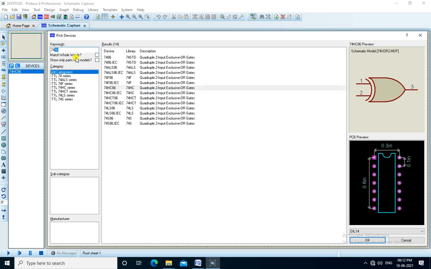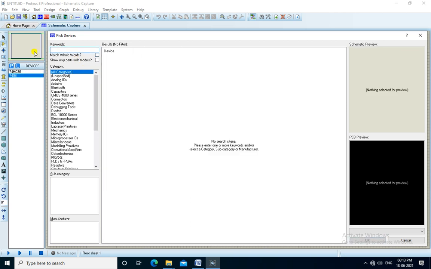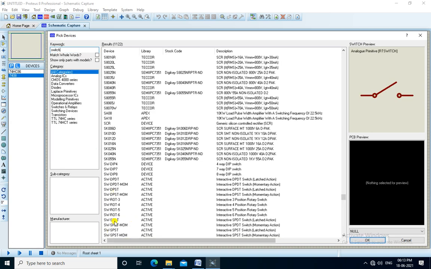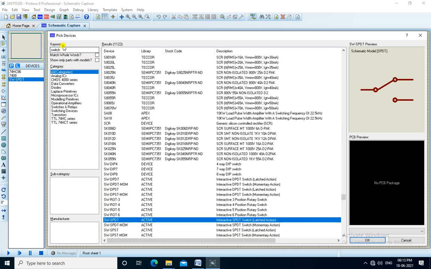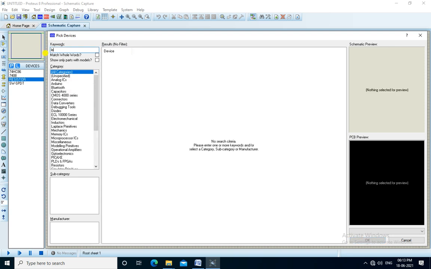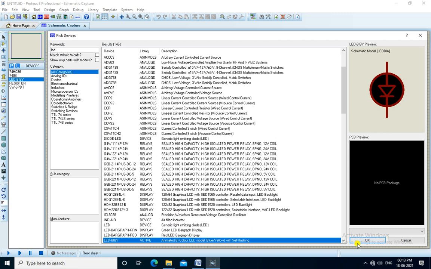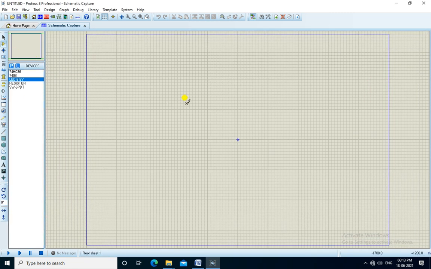Then 7408, that is AND gate, and we require switches, resistor, and then LED. Okay, now we place all the components.